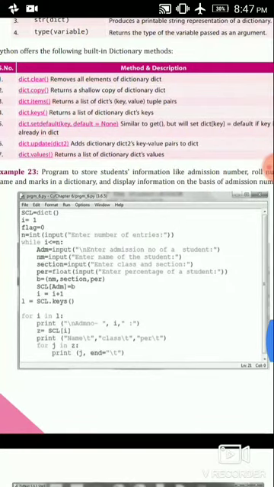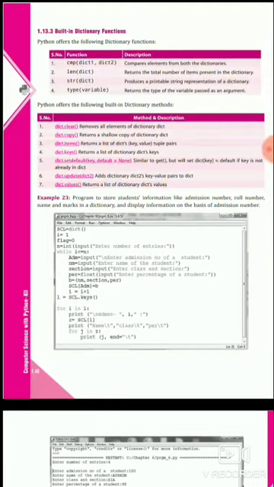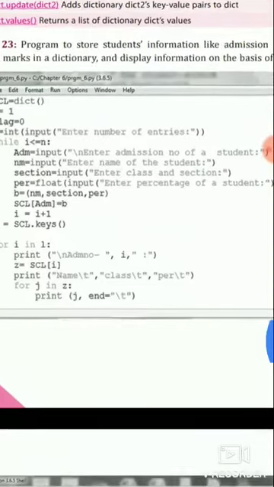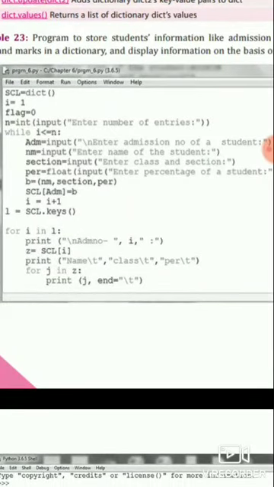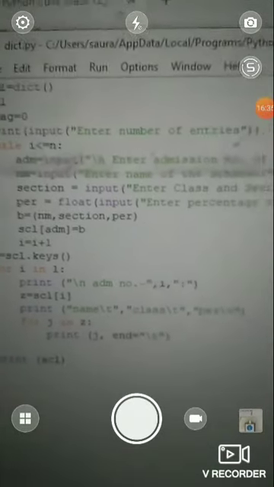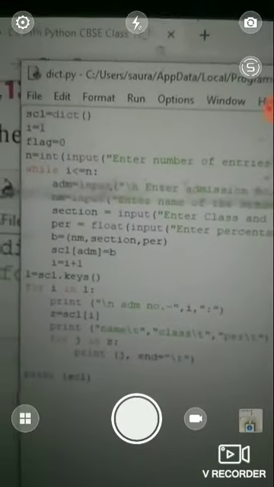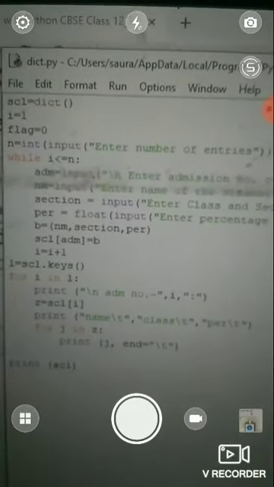Then after this a program is given to store information like admission number, roll number and marks in a dictionary and display information on the basis of admission number. So let's see this program. In this program we are taking some variables.